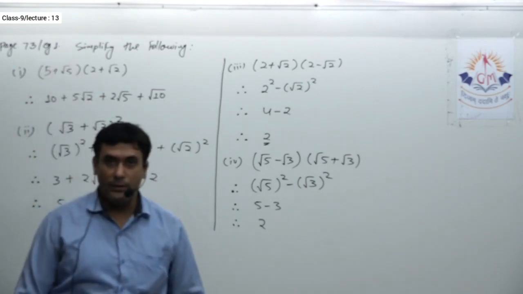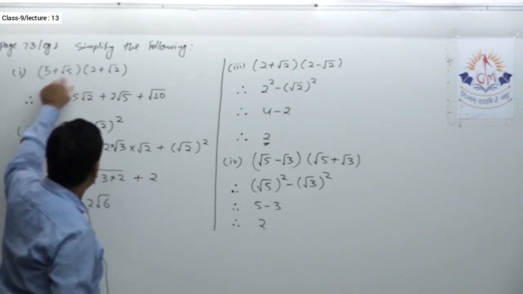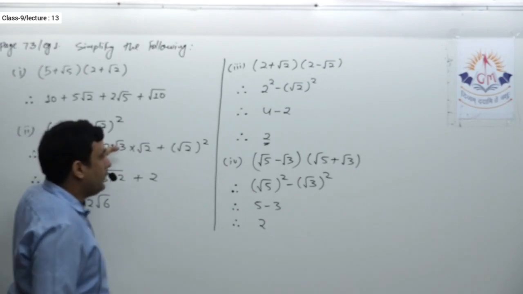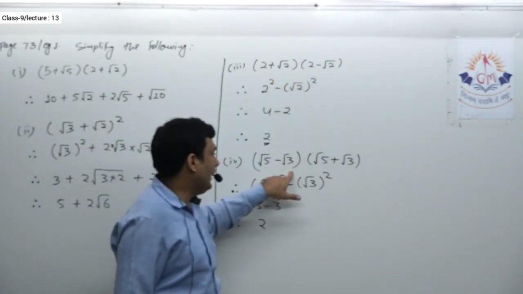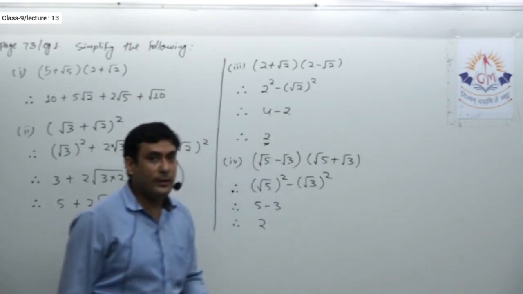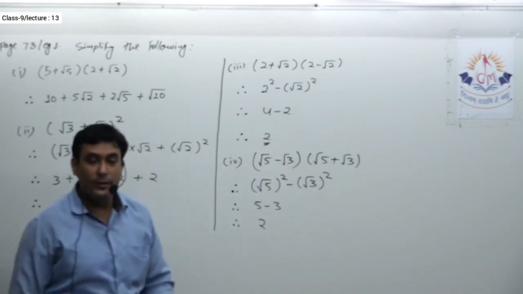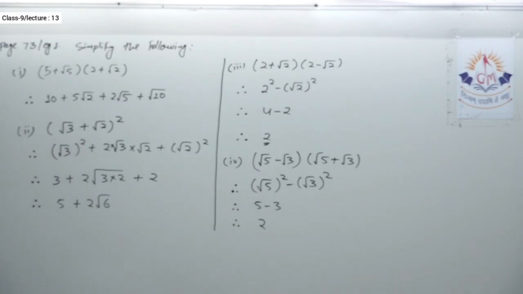Please note it down. Again I am repeating all these questions. You can say here I applied simple multiplication of two binomials. Here I applied the a plus b whole square. Here I applied a square minus b square. And here I applied again a square minus b square. So if you know those identities, no need to read the identities related to square root of a and b. No need to mug up those identities. Okay, so please note it down.